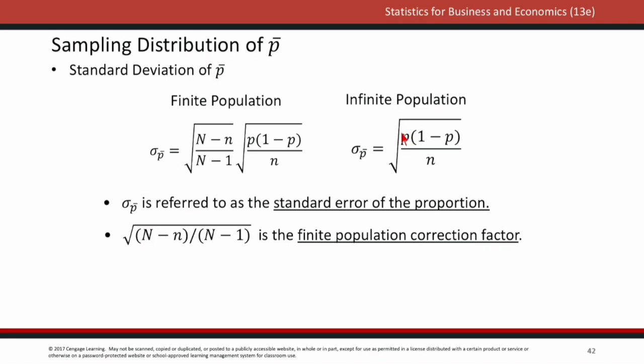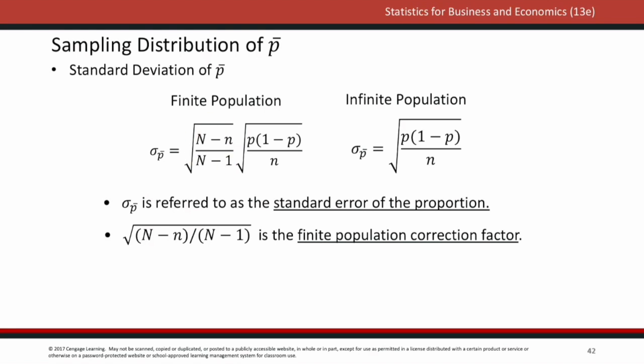The population proportion times 1 minus the population proportion divided by n, and then the square root. Note that this is the population proportion that in most cases we don't know, we want to estimate. Okay, so the standard error of the proportion involves the proportion of the population that we want to estimate. In the finite case, we have the same expression as in the infinite population, and we have this correction factor